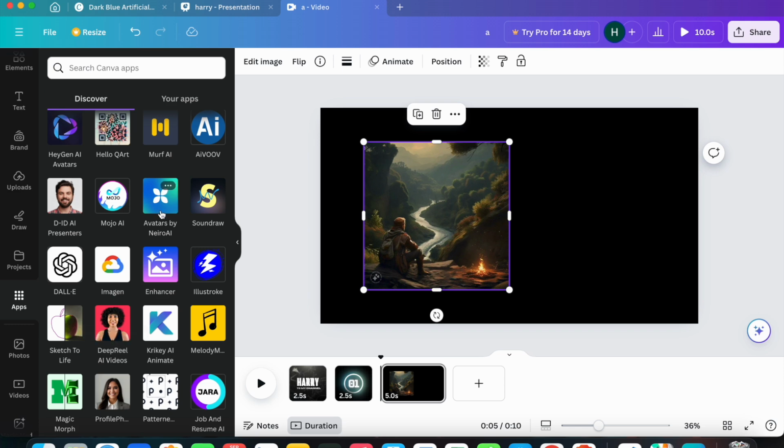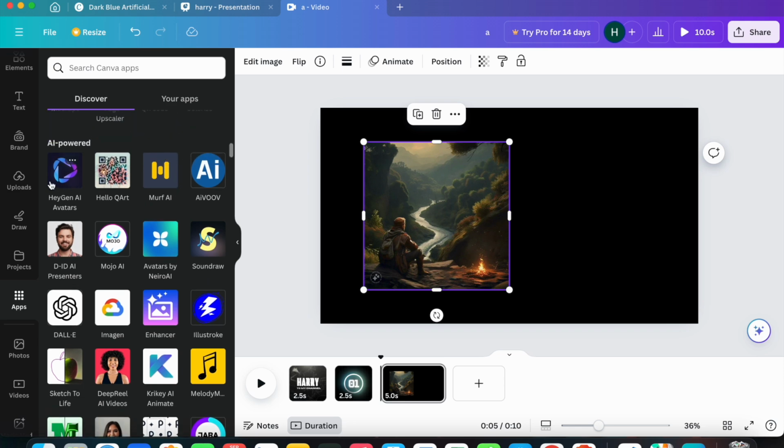So if you don't know the purpose of this avatar AI, neuro AI, you can search it on Google. You will get the information. For example, it is used for avatars. By seeing the name I can tell that it is used for avatars. You can use the avatar app. You can also use voiceovers and many more apps. Soundraw is used for generating sound, so you can use all